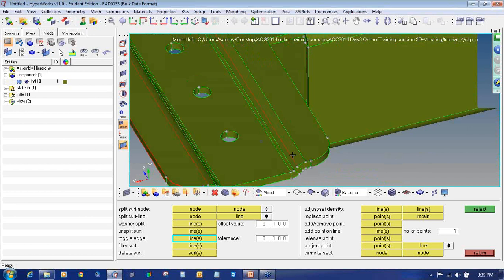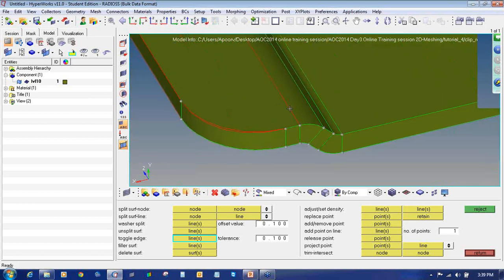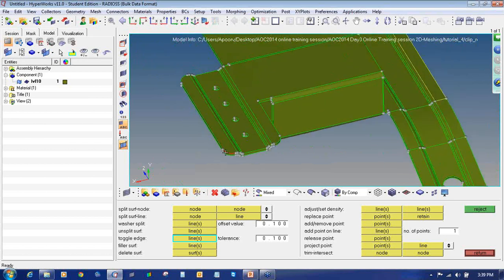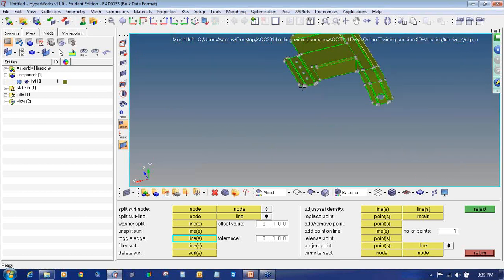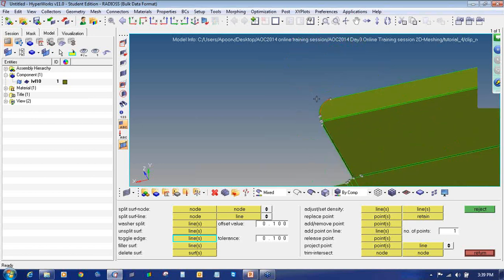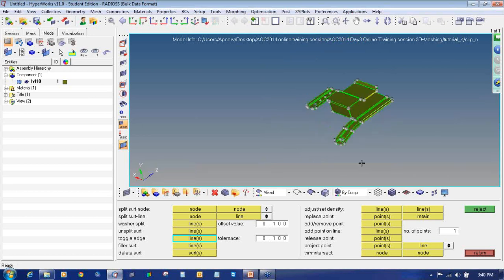Similarly on this side, on this it will stitch it. Similarly with this one, again here also. So in this way, I have removed all the red edges on this geometry and make it connected.